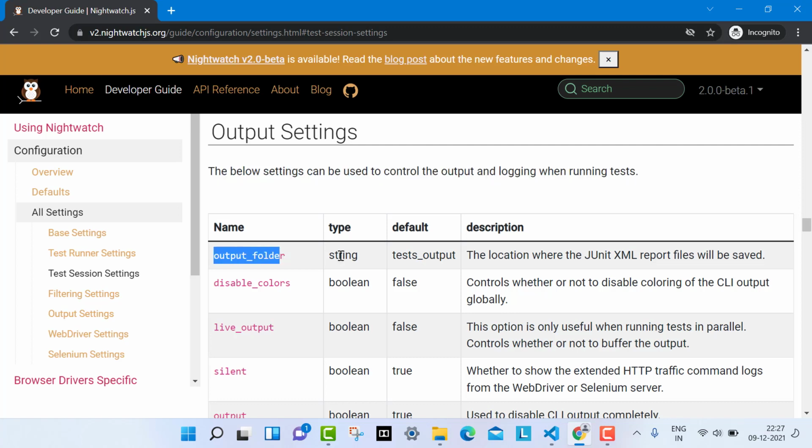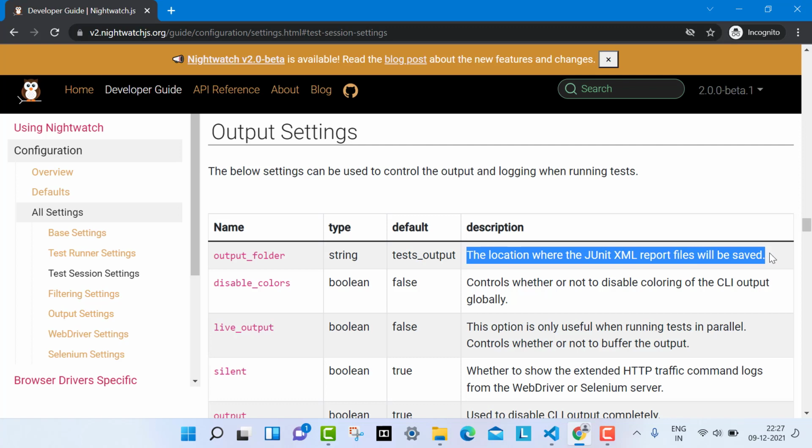This is a string. The default is test_output. The location where the JUnit XML report file will be saved. So whenever the Nightwatch test case is executed, it will generate a JUnit XML report file. So where will it be saved? That place you have to give. If you do not give it, by default it will save it in the default location.